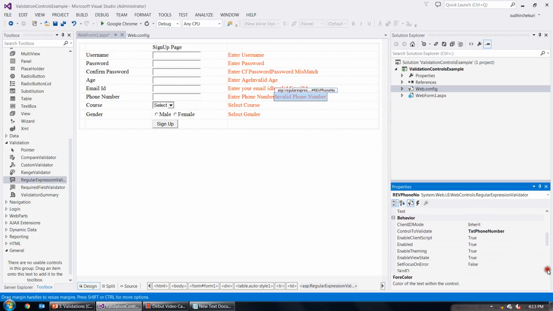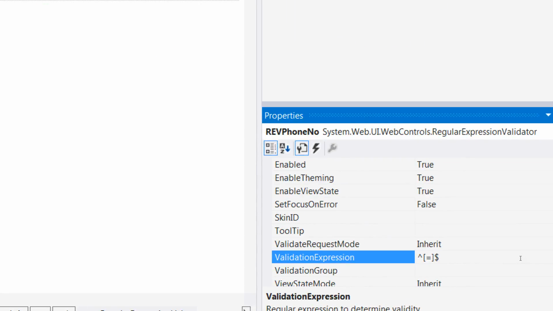and validation expression. Here we come. We don't have an inbuilt validation expression for our 10 digit number, so I am going to write it. Start with caret and end with dollar, in between in the square brace. I'm going to zoom it. In the square brace you have to mention what all you need. I need all the numbers 0 to 9,